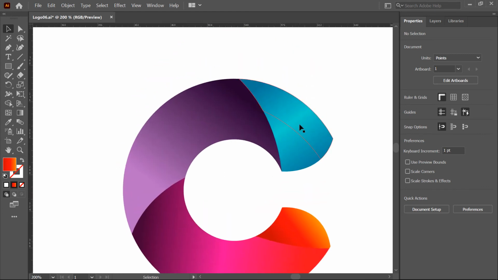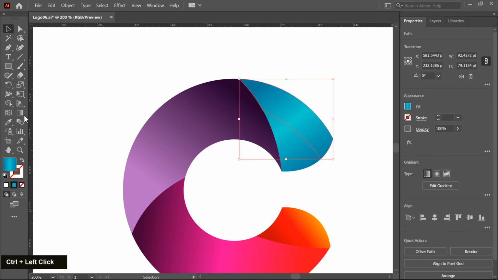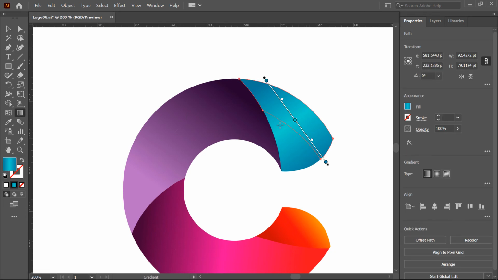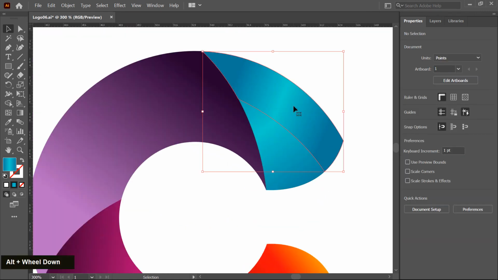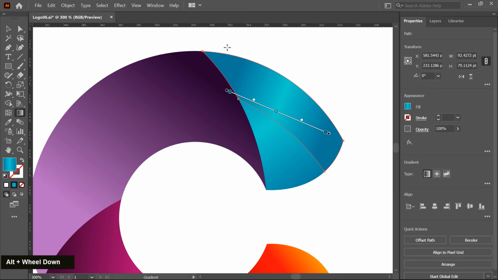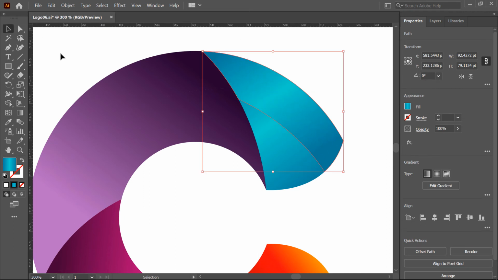Okay, now I choose this gradient tool. First I select this shape and then choose the gradient tool and fill gradient with a different direction. Okay, so a sharp cut is created here. You can choose different directions like this.